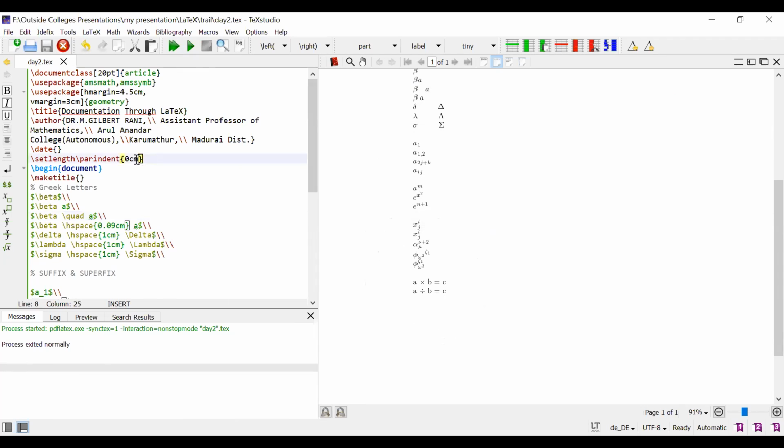So I remove the space at the start of the paragraph. So I fix this one. Set length bar indent. Okay.